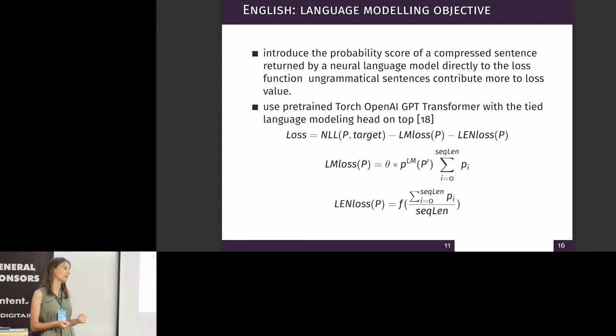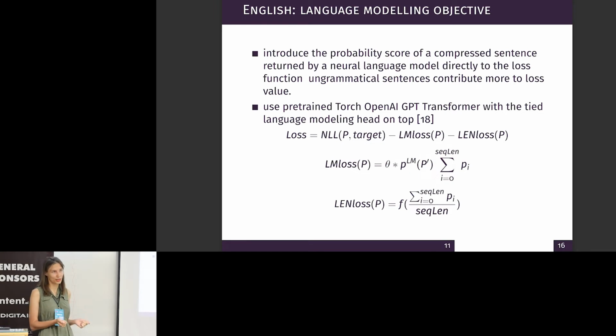corresponds to penalizing uncompressed sentences or too highly compressed sentences, because otherwise the language modeling loss doesn't want to compress sentences. It thinks that the best perplexity we can achieve is in natural sentences, so why compress them? So we have to add this length loss component. And I will show the table with results later, but in this approach, we are able to improve readability.